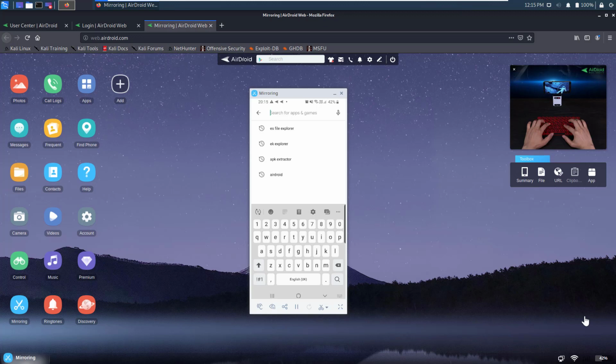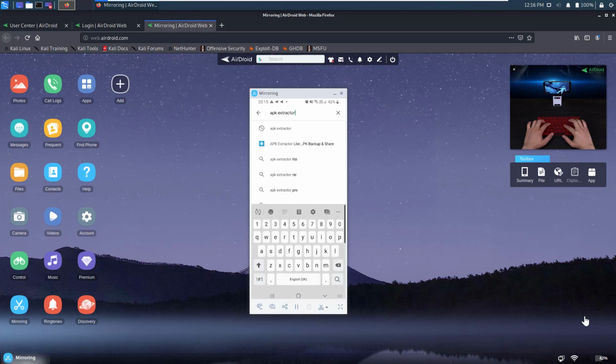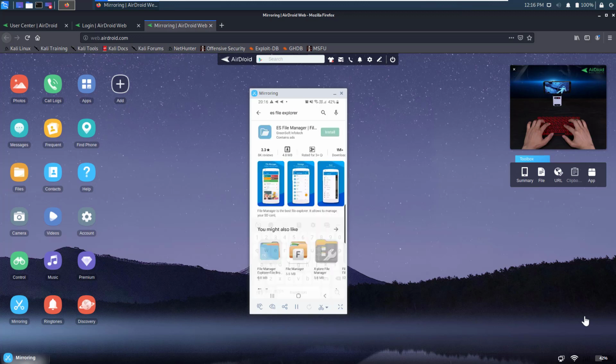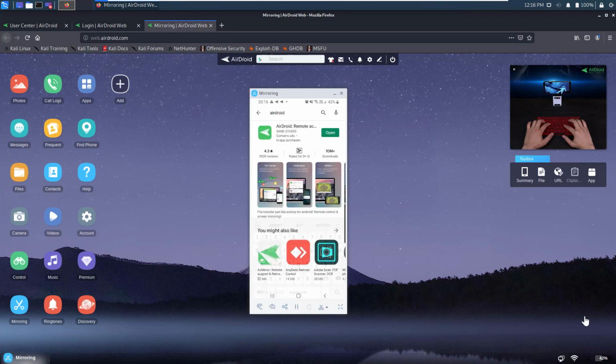and navigate to APK Extractor. You can either download this application here, or you can try another application called ES File Explorer. It will serve the same purpose, but for the sake of this course, I will download an application called AirDroid. AirDroid is a very cool application. Just download it, install it, set it up on your mobile phone, and open